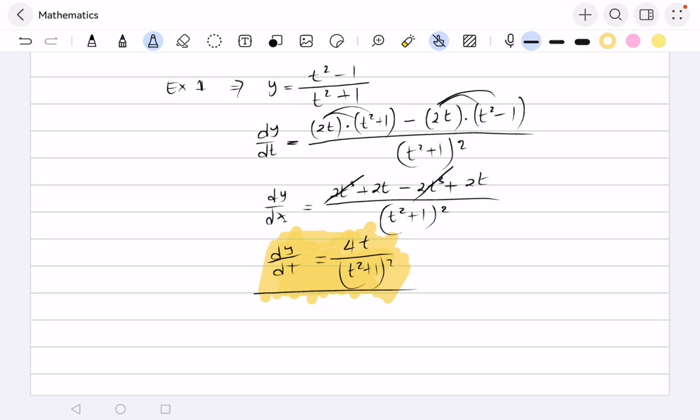As well as differentiating trigonometric functions, differentiating exponential functions, differentiating logarithmic functions. Those are things that I will discuss on the next